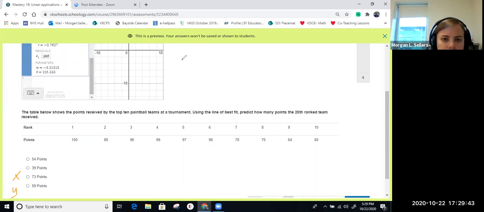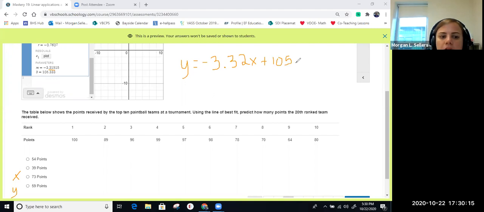I'm going to write it right here. So it's going to be Y equals. Our slope is -3 point. So we're going to do negative 3.32 because if we look right here, 0.315, this 5 will make that 1 round up. So negative 3.32x. And then our B is plus